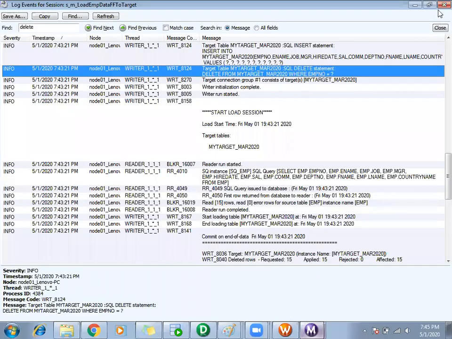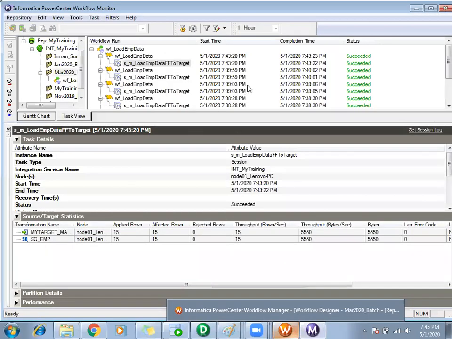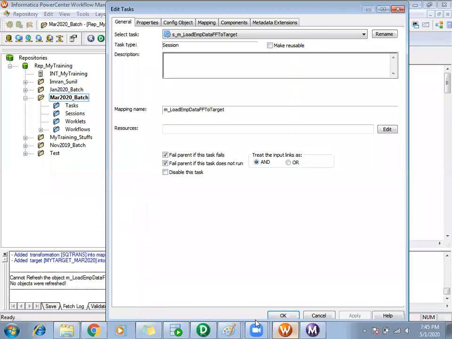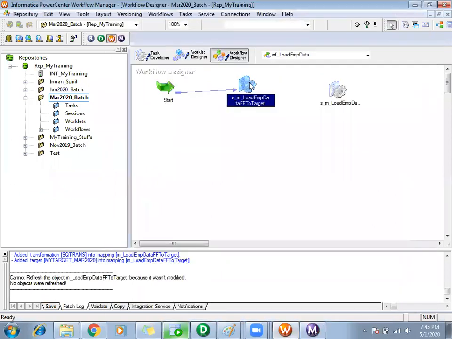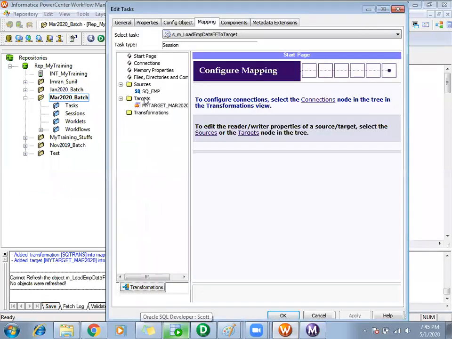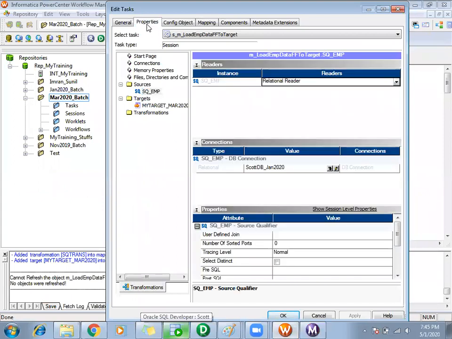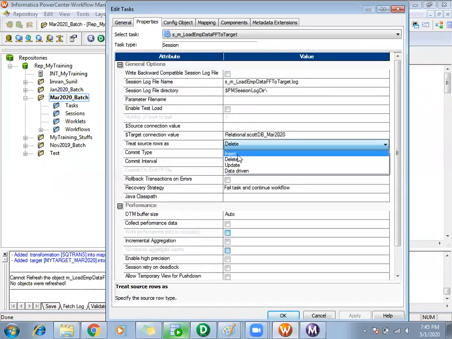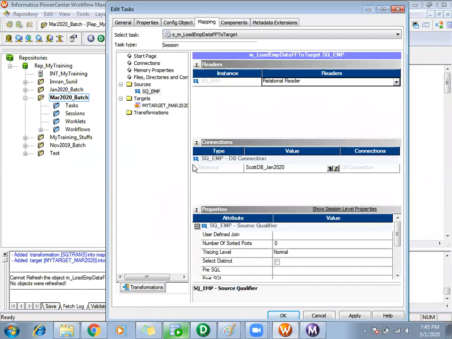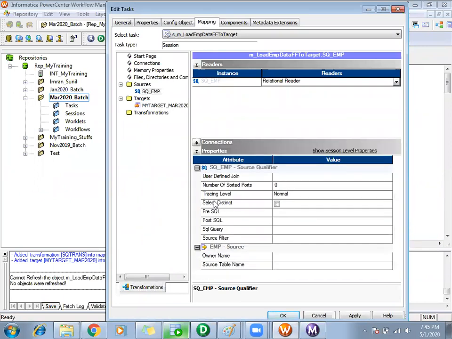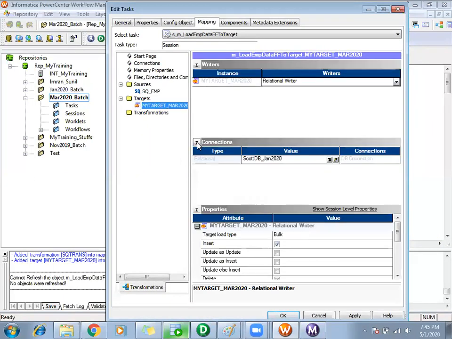Okay. So likewise, I can update the records also. First let me insert the records to show you how to update. So I'll just say insert here again, and I will enable the insert here.